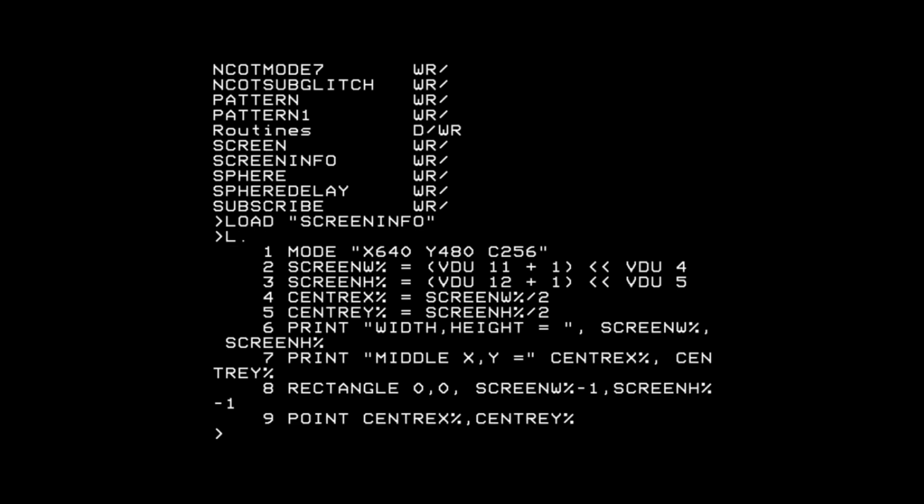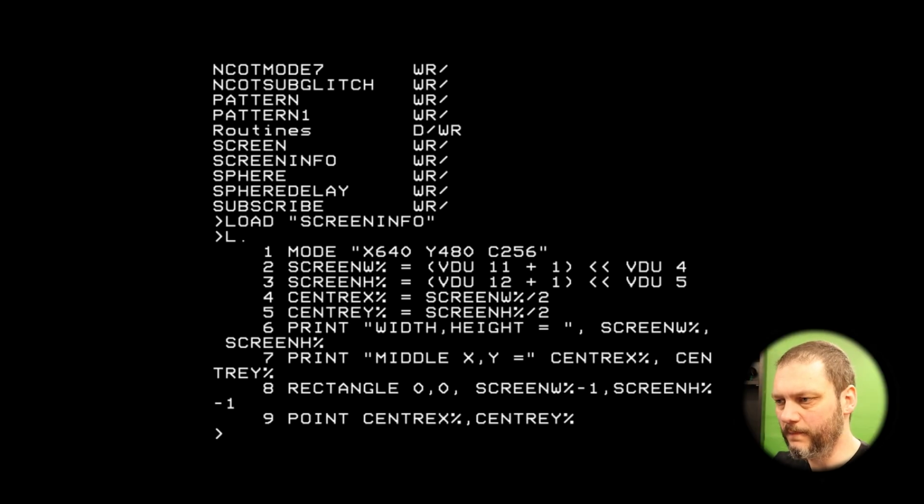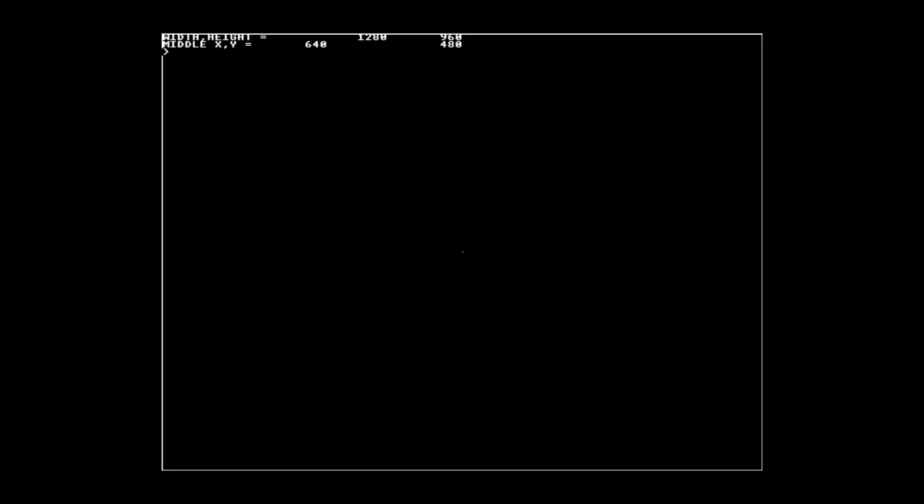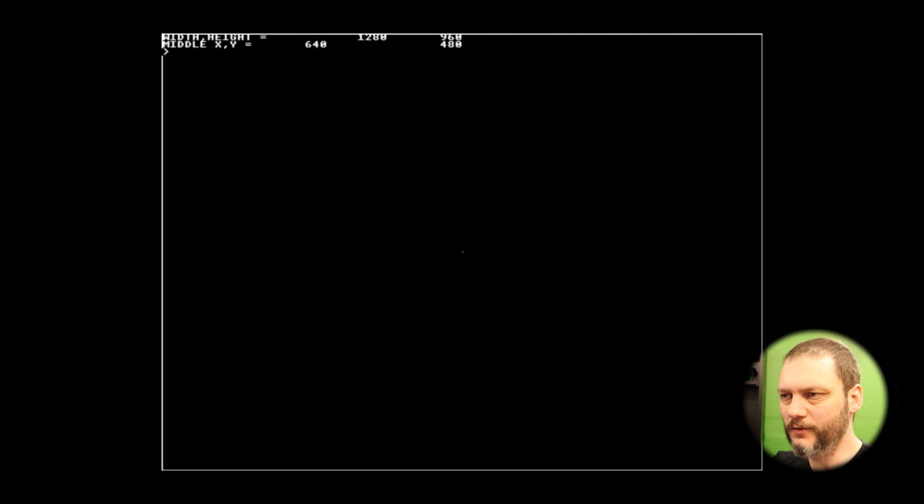All this program does is it tries to set a 640 by 480 mode and then tell me how big the screen is and put a point in the middle and draw a box around the edge. Because the screen resolutions don't quite match the shape of my TV, I've got a widescreen telly. This is aimed at 4:3 monitors. So if I run this, you can see that apparently the width and height of the screen is 1280 by 960, which is nothing like 720p, and the middle is at 640 by 480, which at least mathematically makes sense. You might notice it's a bit fuzzy. There is pixel scaling and things happening to this image, and I have no control over it.